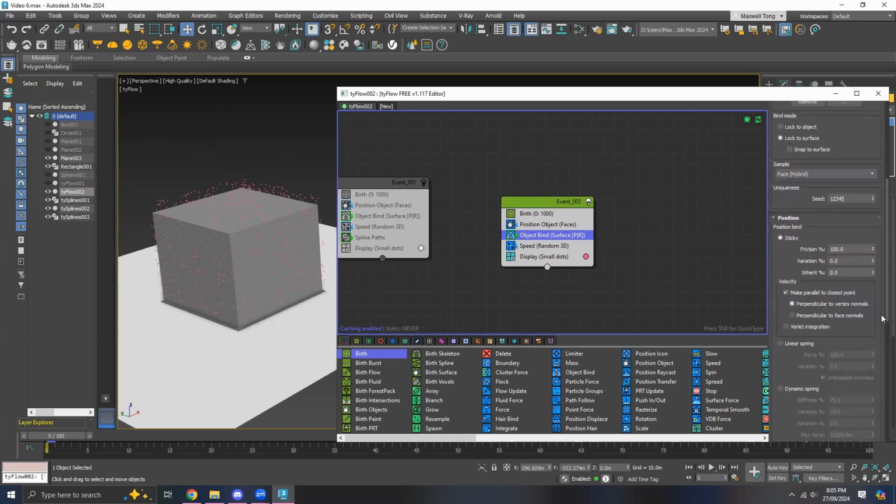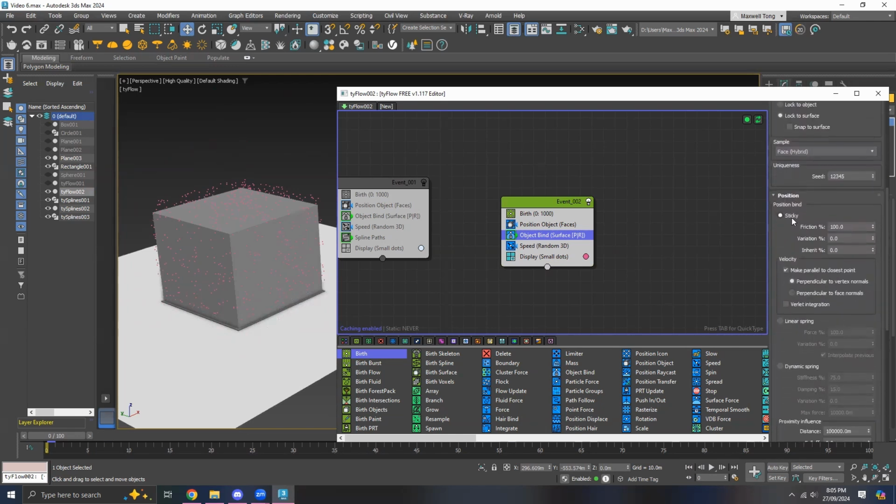And after you do that, go down to position. So where it says sticky here, it's a friction. Change the friction all the way down to 0, or as low as possible. It doesn't have to be 0, but